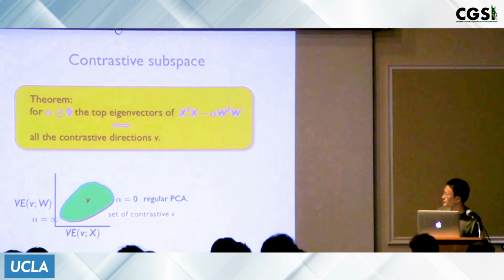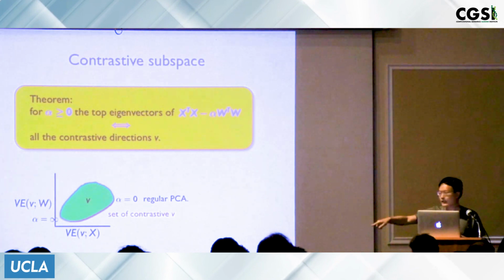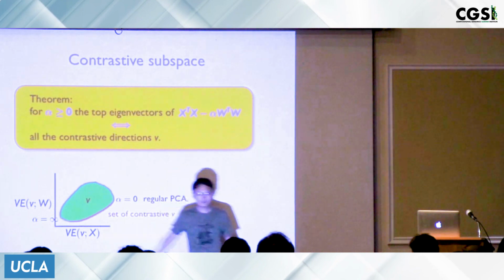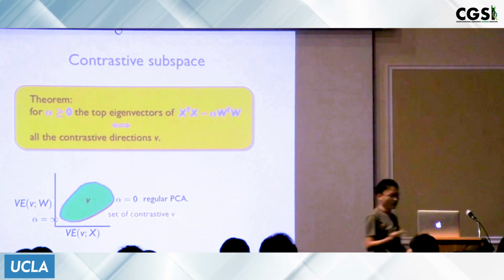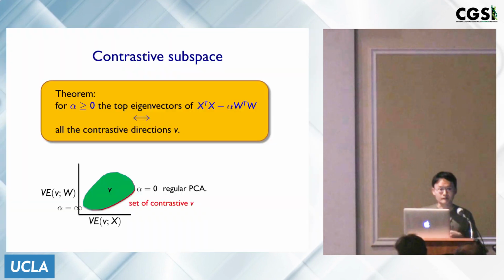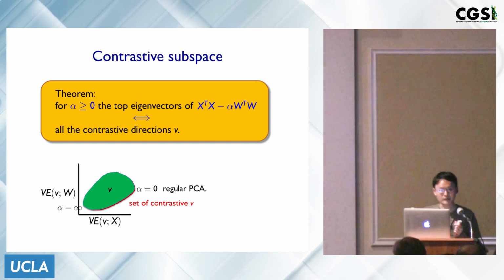So the theorem that we can prove in the paper is that if I want to find exactly this red boundary that corresponds to my optimal set of contrasts, I simply have to solve a sequence of eigenvector problems that look very similar to my original PCA. So that's the set of problems. I have some contrast parameter alpha. Alpha is non-negative. And